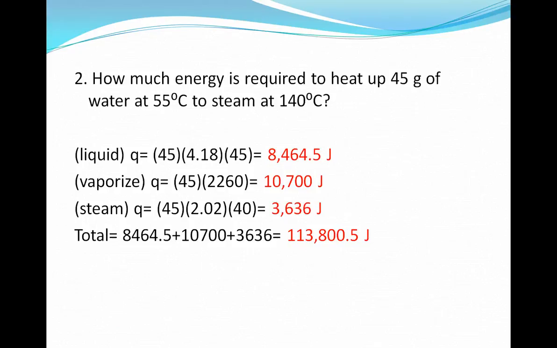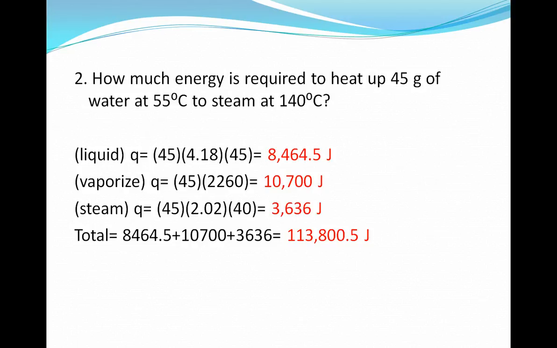Part 2 is how much energy is required to heat up 45 grams of water at 55 degrees Celsius to steam at 140 degrees Celsius. The first part, it's a liquid, so you use Q equals mc delta T because there's no phase change. You know your mass of 45, and your C value for liquid is 4.18. Your delta T is 100 minus 55. You get 45. You get